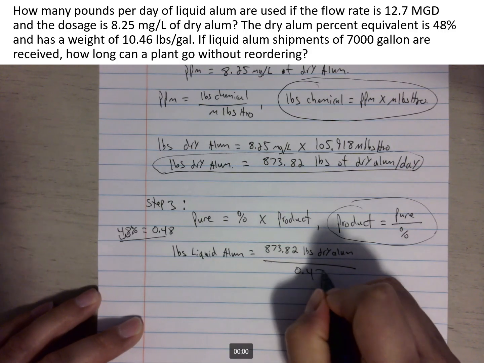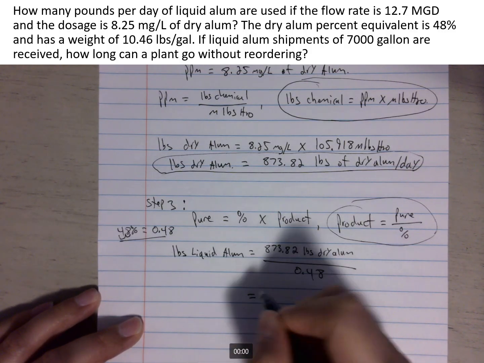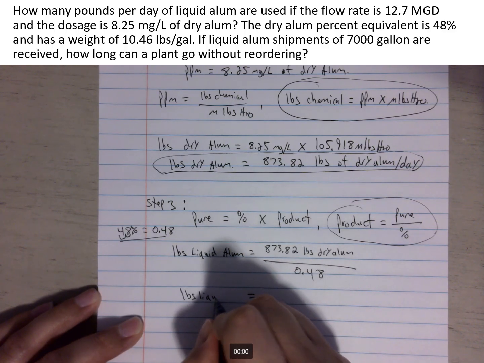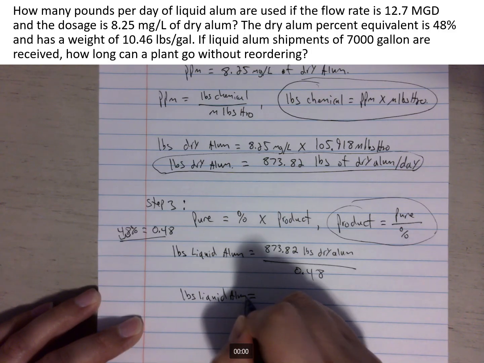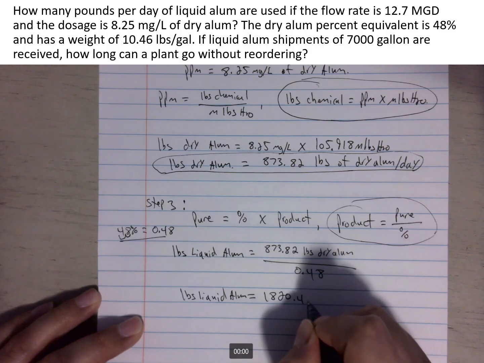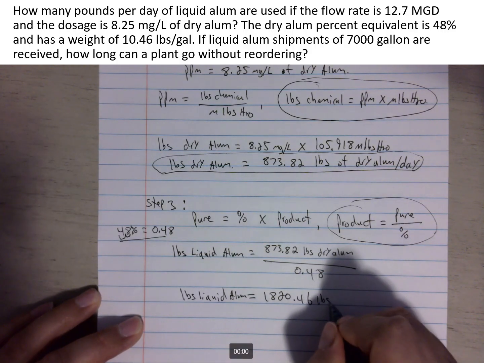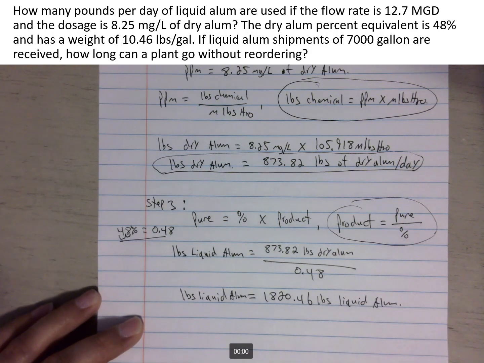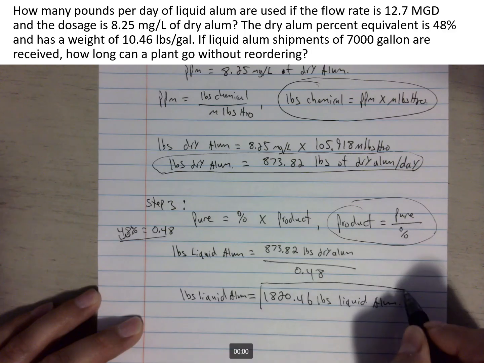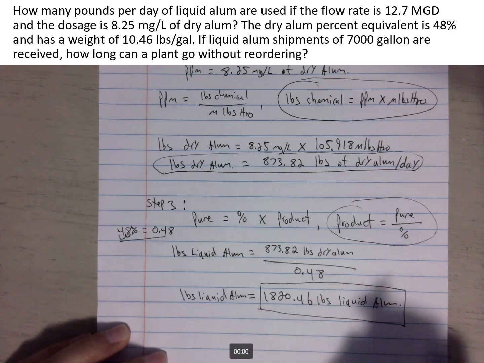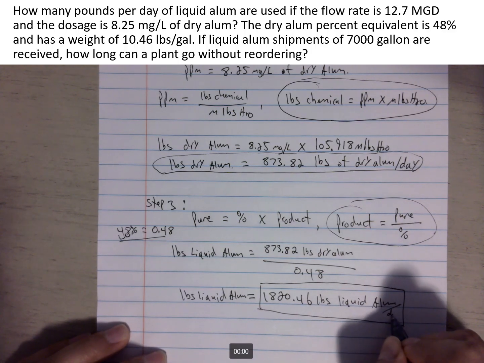So 0.48, giving us a value, pounds of liquid alum of 1,820.46. That's pounds of liquid alum, right? So we have found the first part of the problem statement, which asked us how many pounds per day of liquid alum are used, right? And this is the amount of pounds per day, right? I just forgot to put per day here,